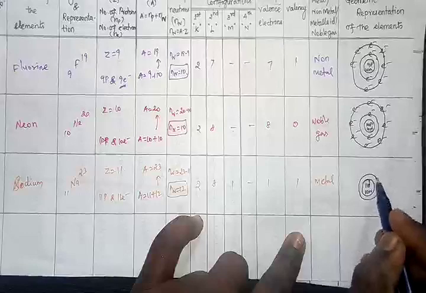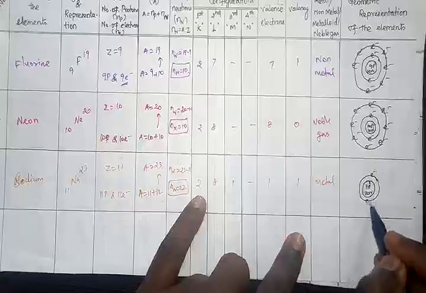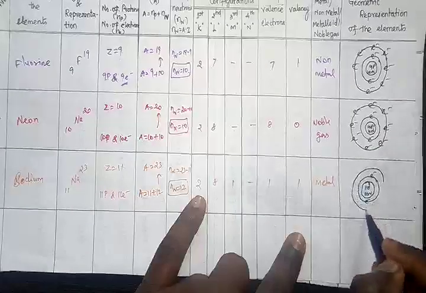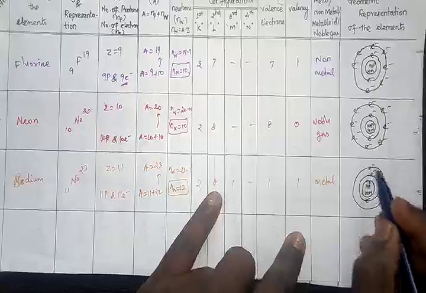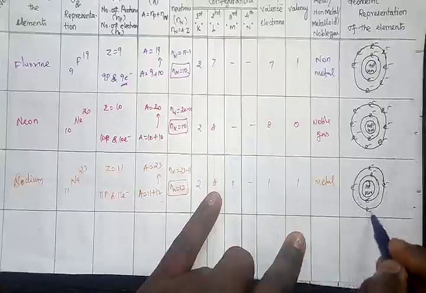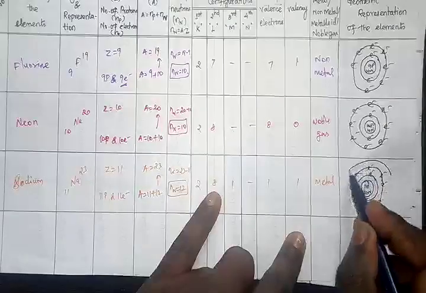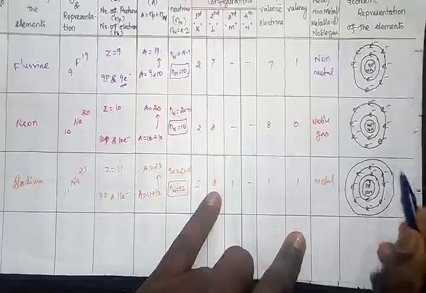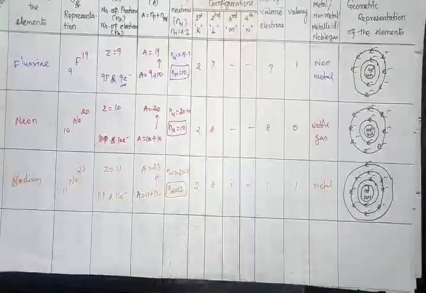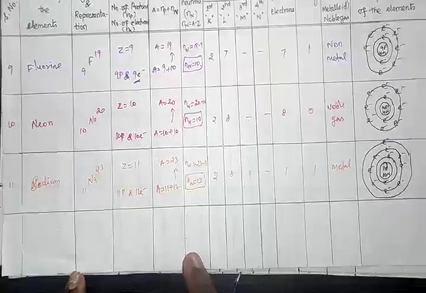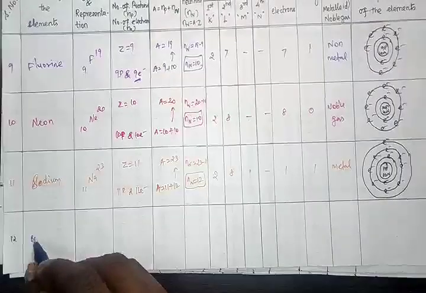The first shell consists of only 2 electrons. The second shell consists of 8 electrons. So 1, 2, 3, 4, 5, 6, 7, 8. The last shell consists of 1 electron, right? Yes. The next one, that is 12, magnesium,